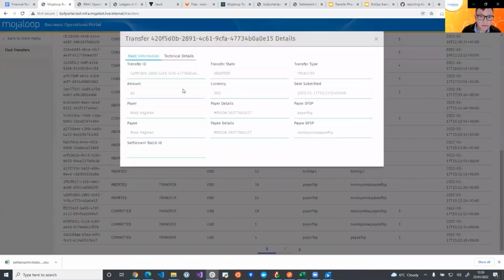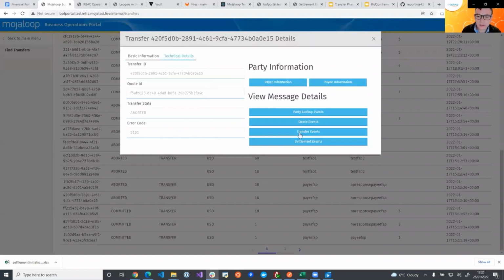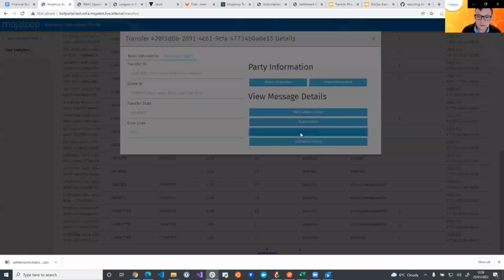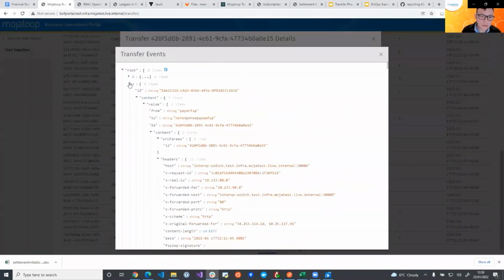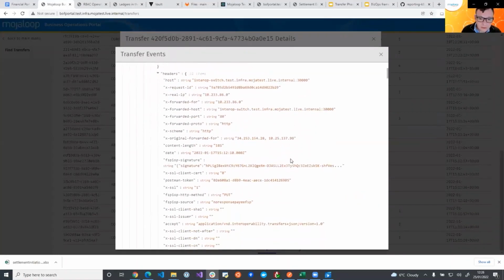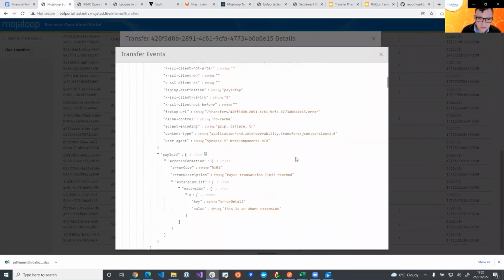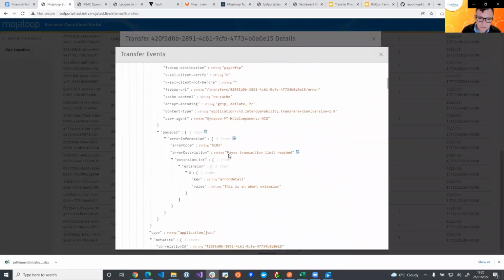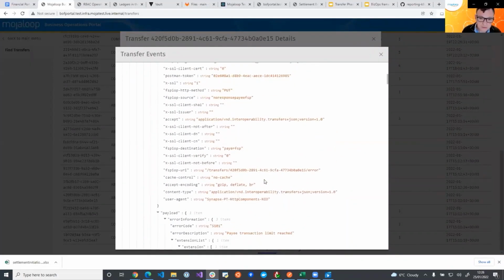Let's transfer down here, and if we jump in here and have a look at the transfer events, we can quite quickly identify the reason for that failure. So, payee transaction limit reached. And there's the error code and there's the error message, and we received that